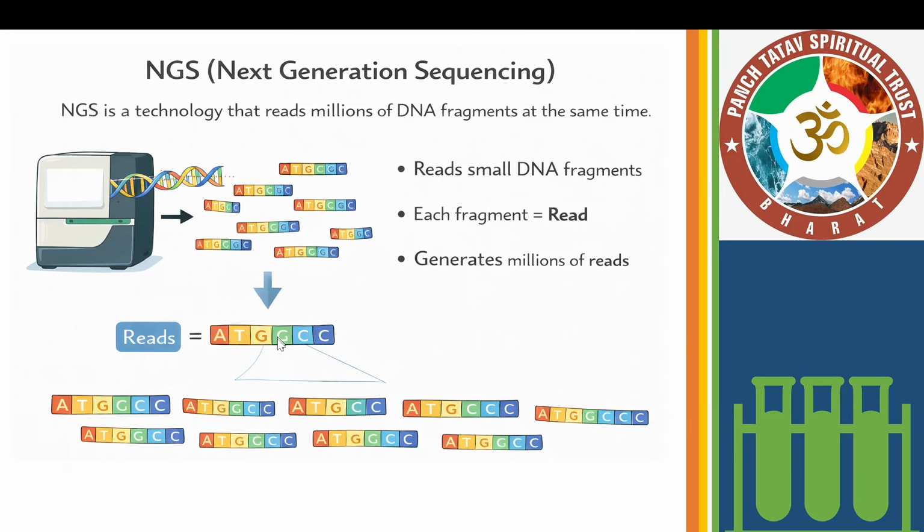It is called single end sequencing. Now what does paired end sequencing mean? That we read the same DNA fragment from both sides, from left to right as well as from right to left. So what is going to happen in single end sequencing? We are going to get one read because we are reading it only from one side. In paired end sequencing, we are going to get two reads of that DNA fragment because we are reading it from left to right as well as from right to left.